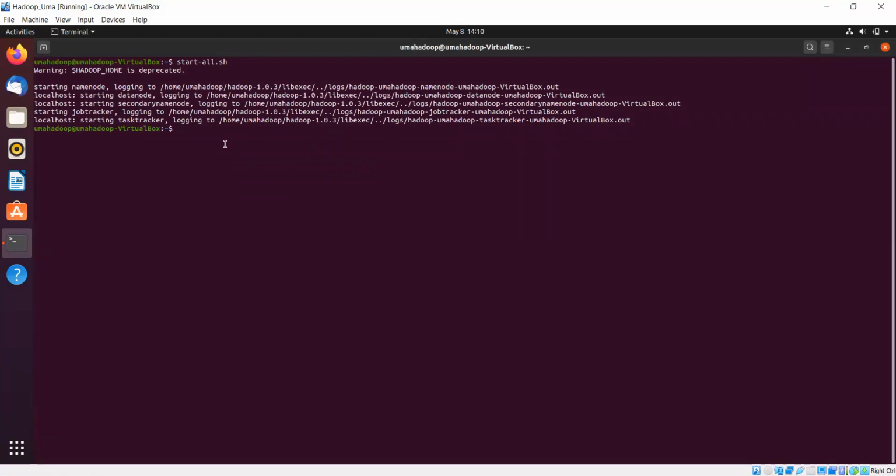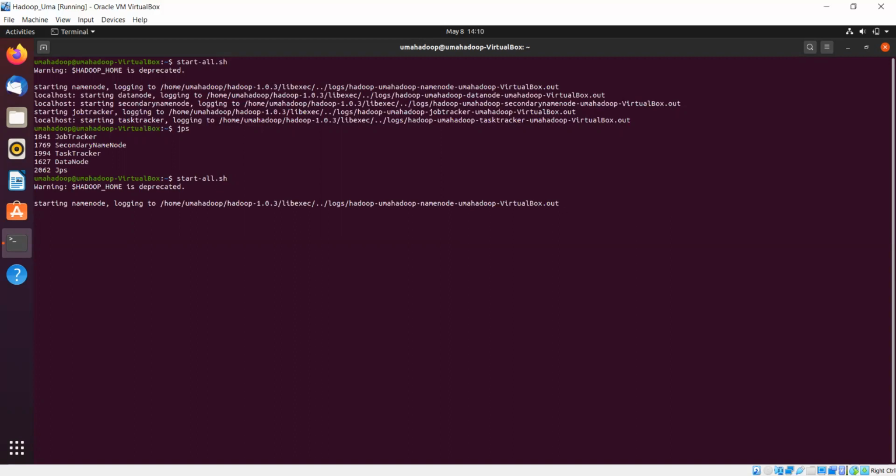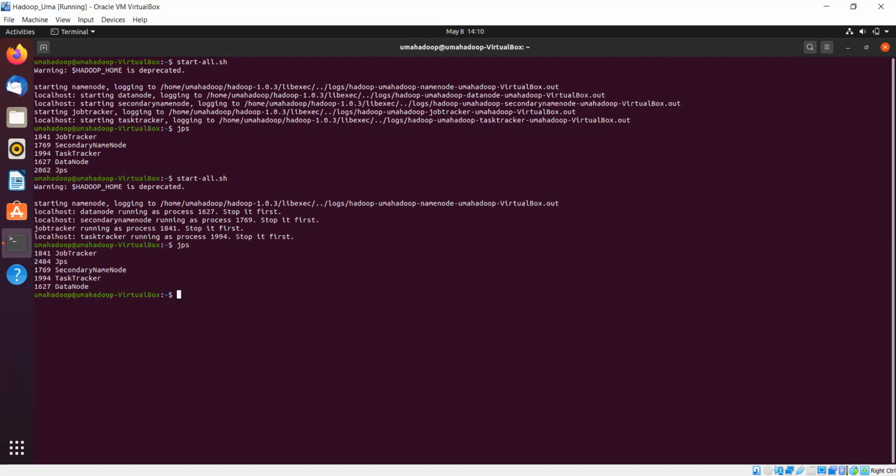Whatever daemons have started, you can observe with jps. Automatically, it will list all the daemons related to Hadoop. Let me observe once more. Identify start-all.sh: name node not started. Data node running, no problem. Fundamentally these aspects are important. Maybe there is some issue with the name node not getting started. Let us verify that.